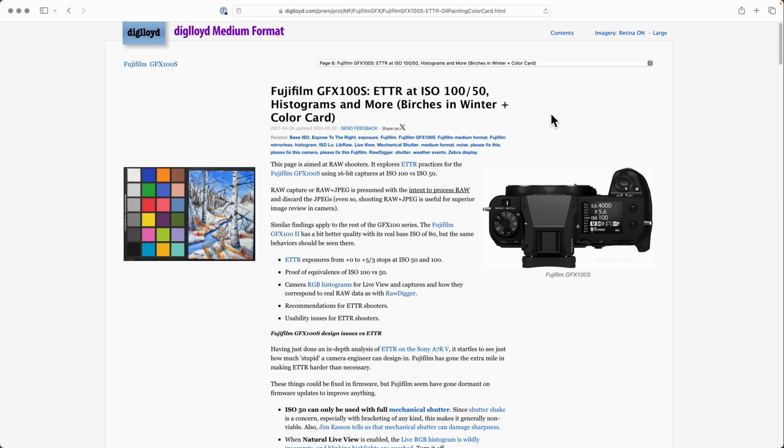digloid.com. Let's look at exposed to the right on the Fujifilm GFX100S. If you don't know what that is, see my previous videos. But basically, you expose more to get a higher quality image when shooting RAW. So in this test, I've used a two-part target. But let's go over some of the issues that are really important with the GFX100S in particular before we get